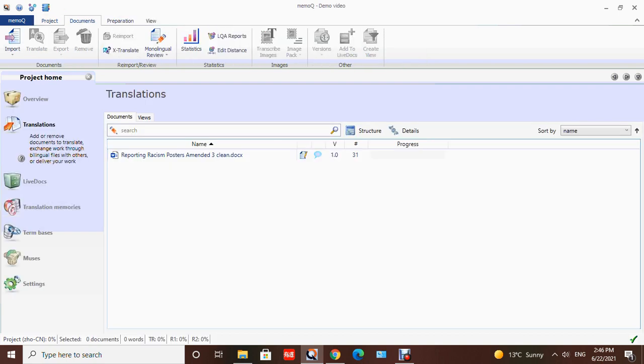And now you can see that our document is in here, and it's showing its version 1.0. There's 31 words in it, and the progress for the translator, T for translator, is 0, so we haven't started yet. The other ones, R for the reviewer, and the other R, I think, is for the final, probably the project manager. So I double click this document,